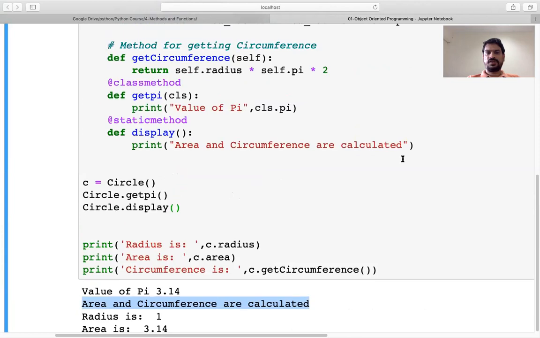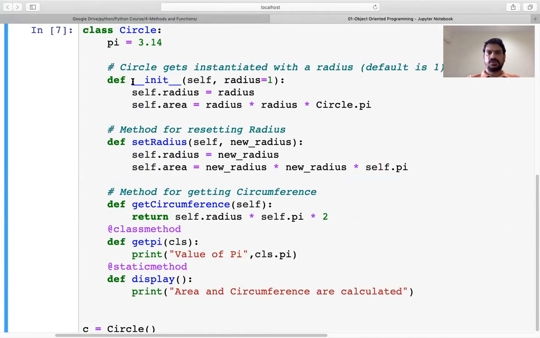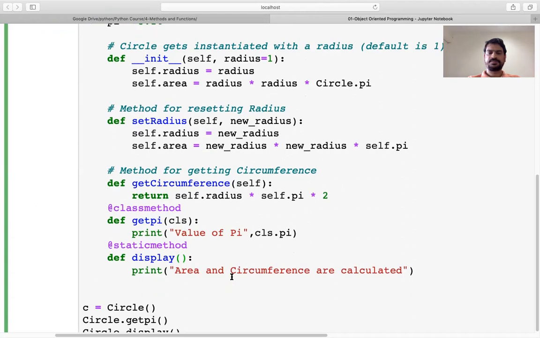Okay. So we have seen different types of methods that we can put inside the class. One is the inbuilt method which is used to initialize the attribute. This is called an instance method. This is also called an instance method because we have used self there. This is called a class method because we have used cls inside it. And this is a static method which is for all. Here we don't have anything in the parameter portion of the method.